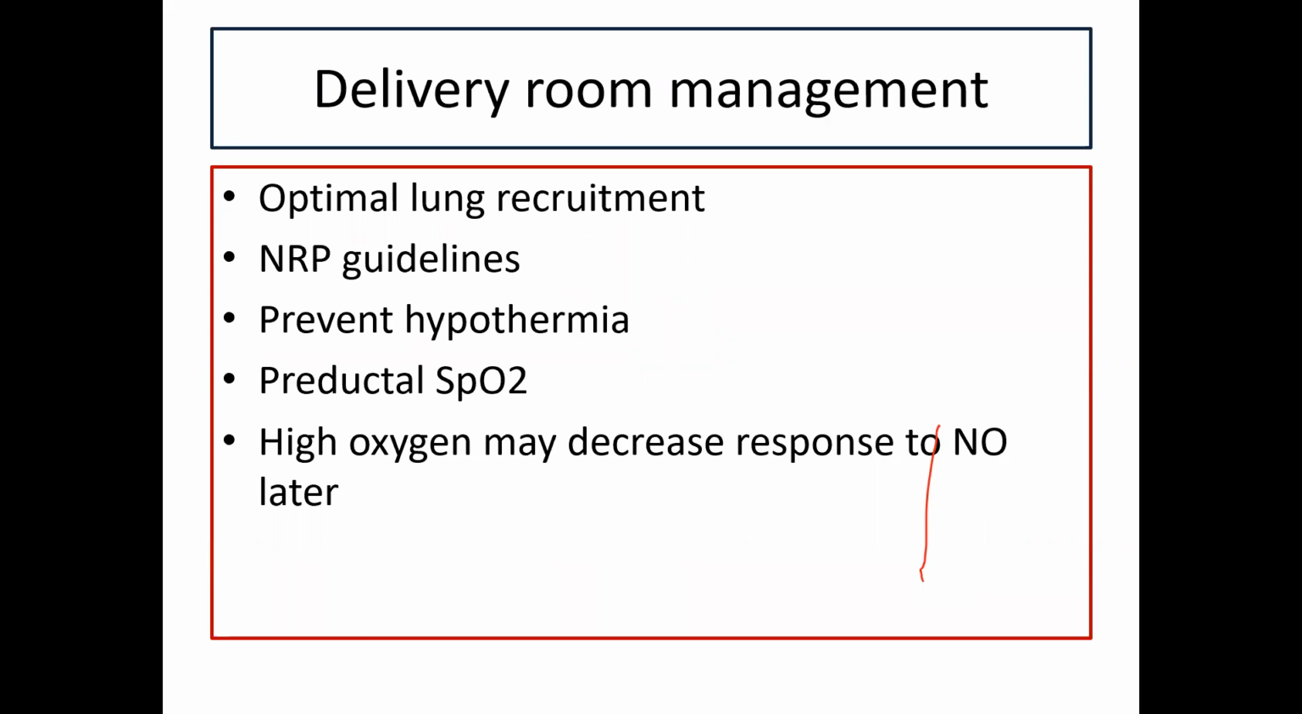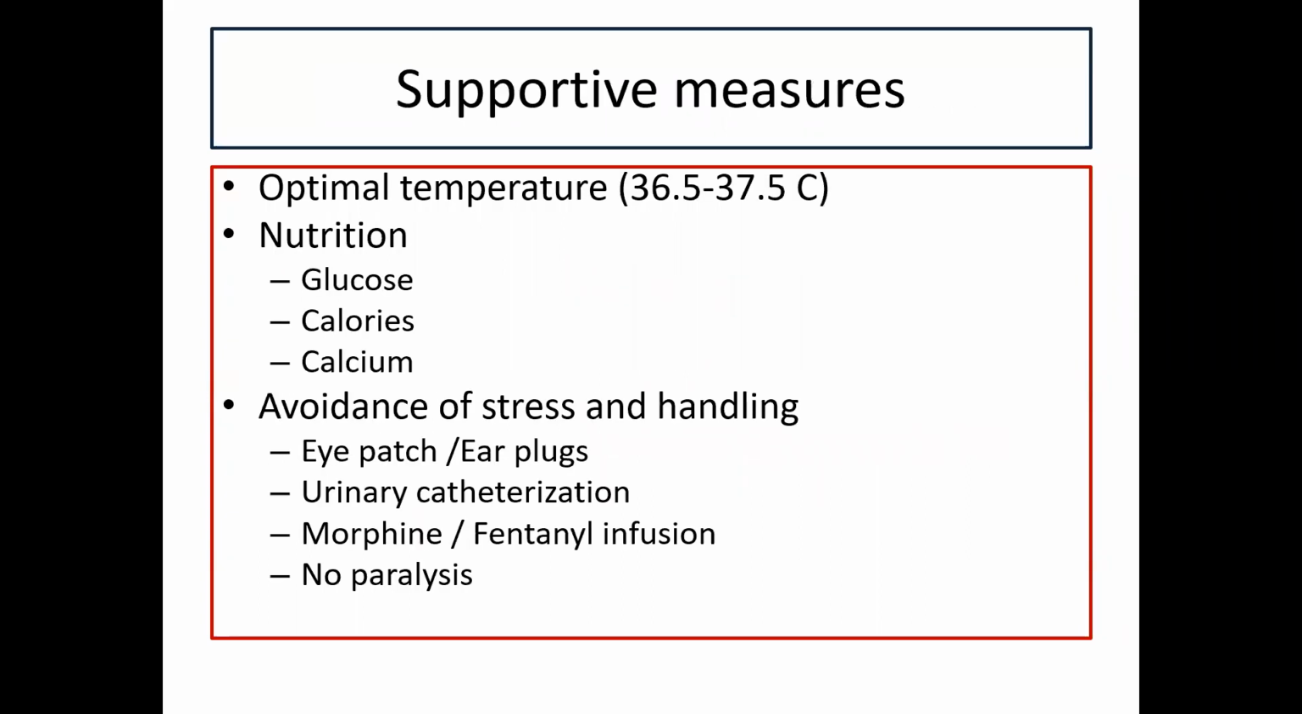Follow the NRP guidelines. Try to establish optimal ventilation within the first golden minute, targeting a saturation limit which is based on the minute-specific saturation targets laid down by the NRP, remembering that it takes 10 minutes for a baby to normally saturate between 85 to 95%. Prevent hypothermia, target preductal saturations as we discussed, minute-specific,